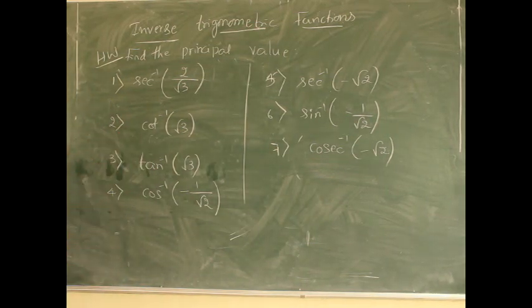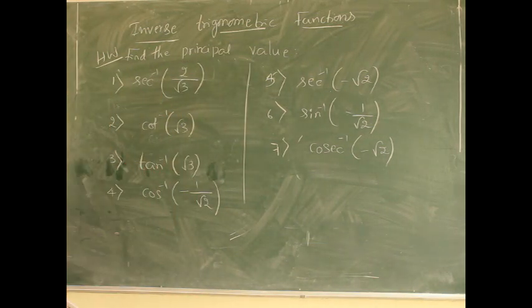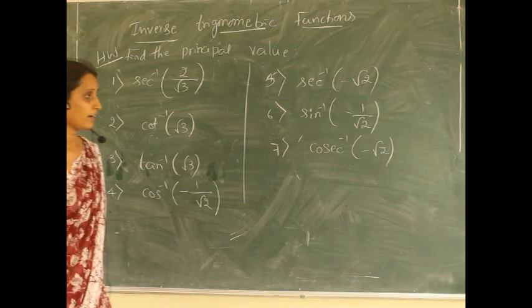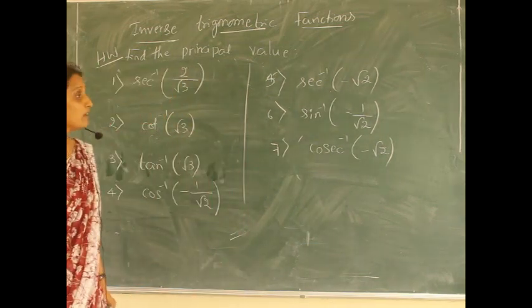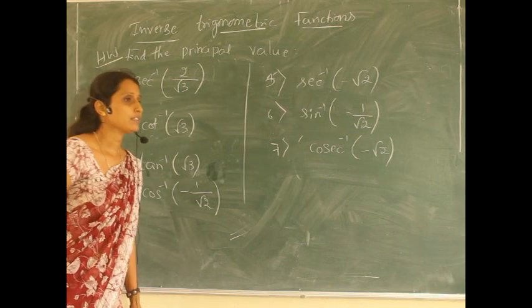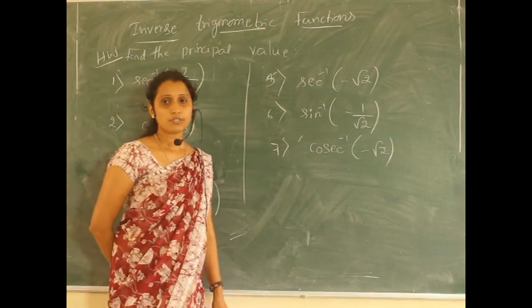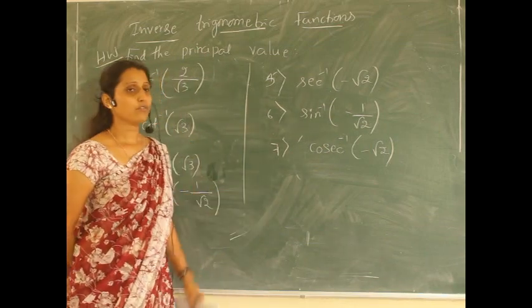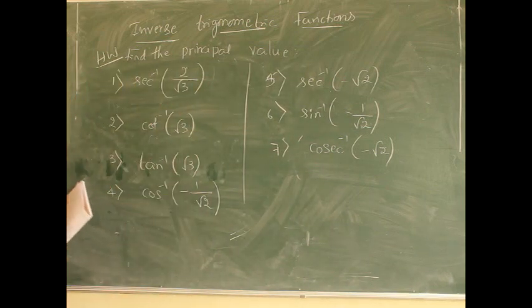These are the problems to find out the principal value of the given inverse trigonometric function. While calculating these values, you should know the range of the given inverse trigonometric function. The answer should be in the same range. It cannot be in the other quadrant. If the range is the first and second quadrant, the answer should be in that. We cannot go for the fourth one. So you should see the range of the given functions, and based on that, find out all the values of these inverse trigonometric functions.